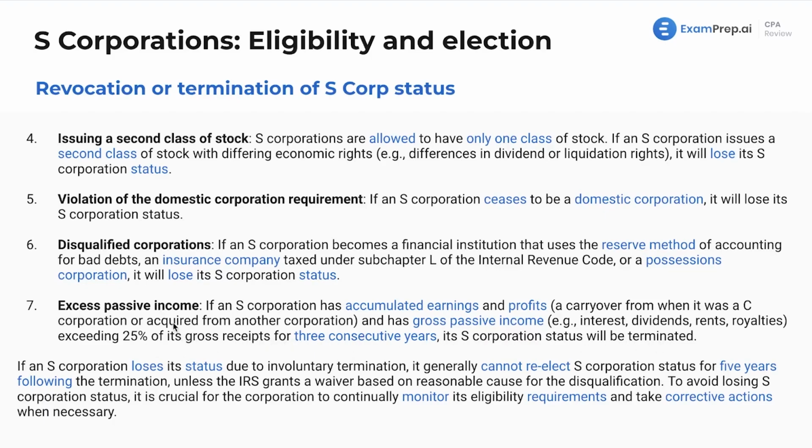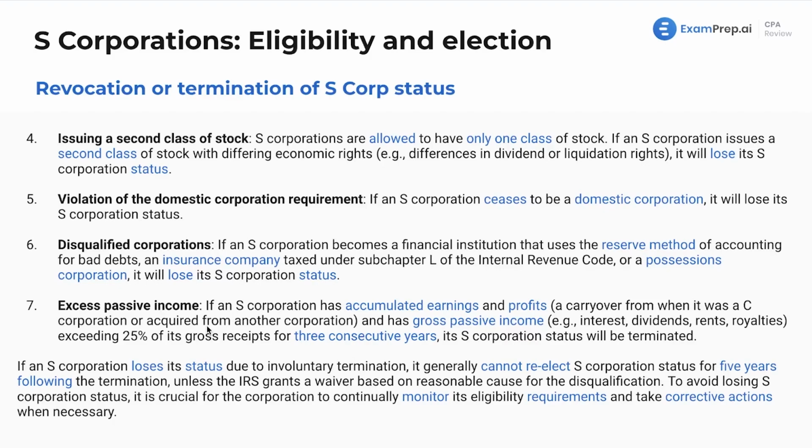The goal here is that the IRS wants this S Corporation to be in active business, such as a bakery, such as, let's say, a transportation company, something that's actually conducting active business as compared to just raking in that passive income, such as interest, dividends, rents, and royalties, so that it can pass those through to shareholders